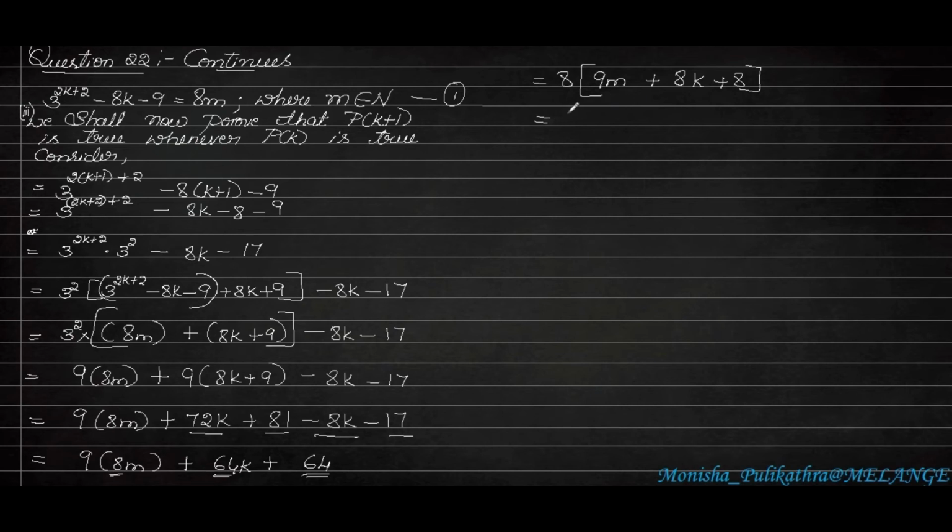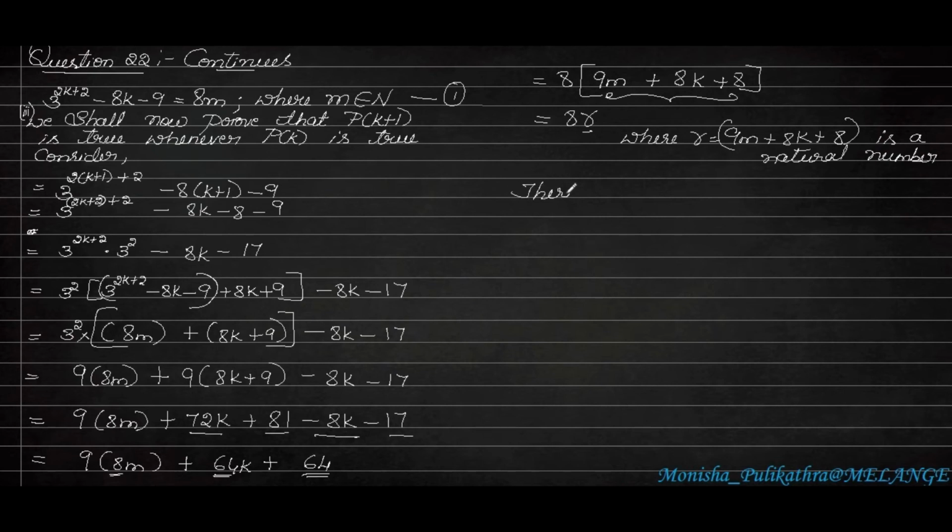So we can take the whole constant as any of the numbers. So I will be taking any of the alphabet. I will be taking r as the variable here, 8r, where r is equal to this constant 9m plus 8k plus 8. So this is a natural number. You can even consider 1 or 2 or any number to it. It will be in the form of a natural number itself. Okay, so natural number.